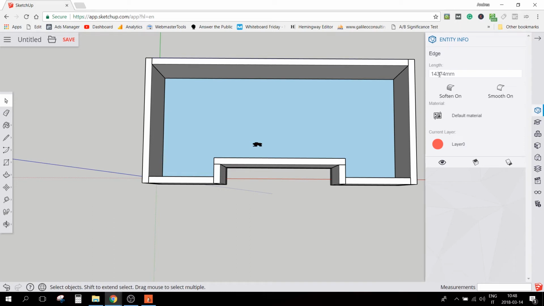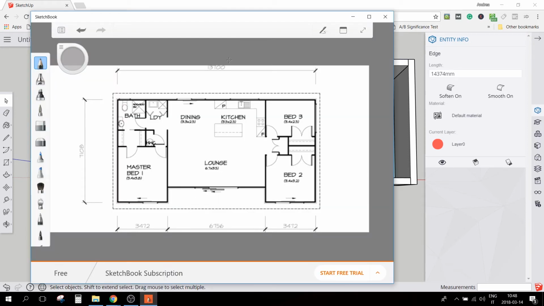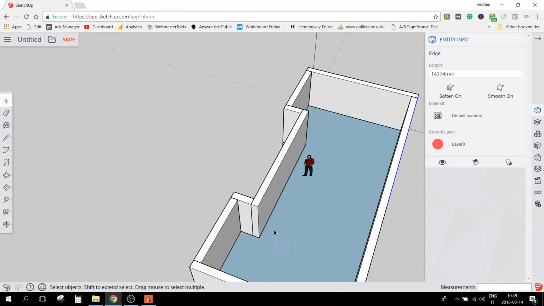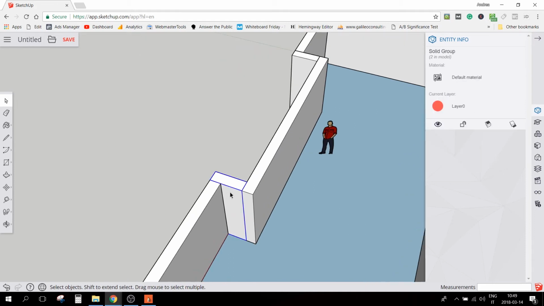which is about 60 centimeters more than this, because as I told you in the very beginning, we were missing the external walls here. Yeah, so it makes sense that we have it bigger. Now what we should do, we should make the internal walls. There are like two main internal walls in here that we can draw quite easily. Not going to make the entire model of the house, but